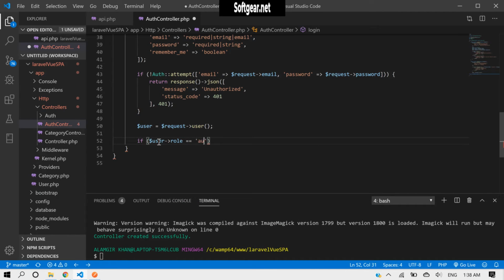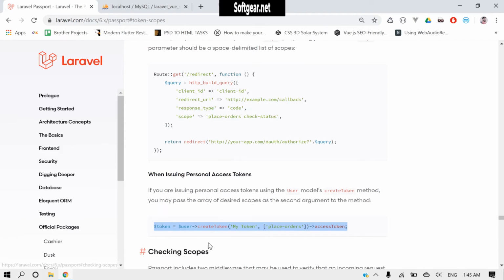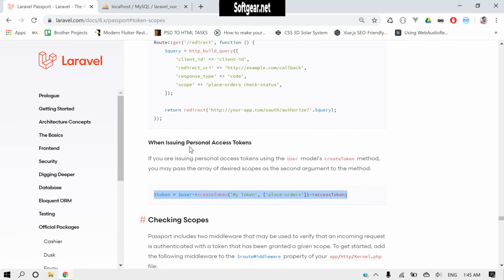If it is administrator, and if a user role is administrator, then we have to create a token, but we have to give it a scope also. So if we come here, and from here, as we have to